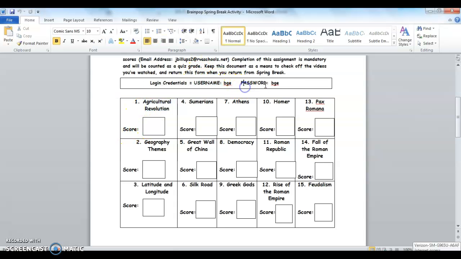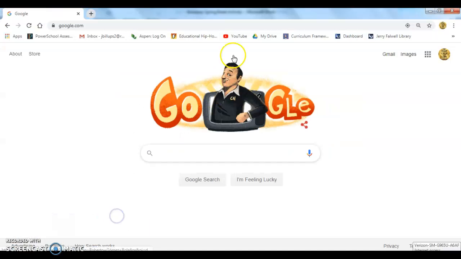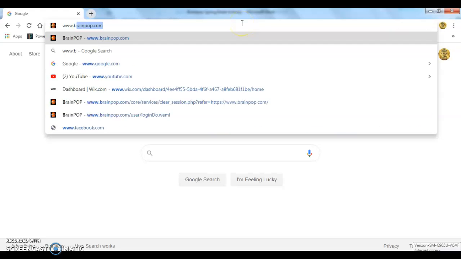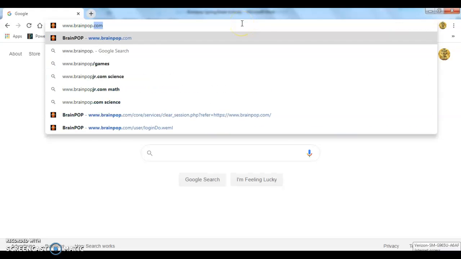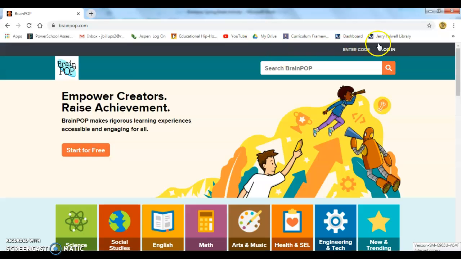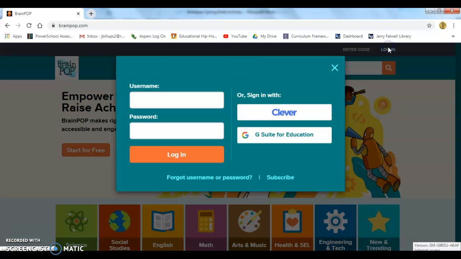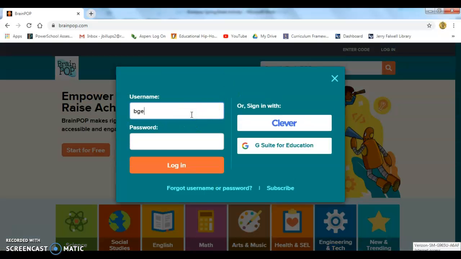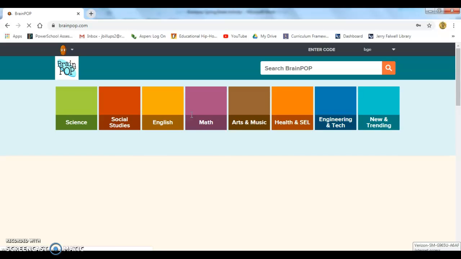First, let's take a look at the login credentials. First, let's go open up a Chrome website, and let's go to www.brainpop.com. You are then to get into the login credentials on the top right-hand side. Username BGE, password BGE. You are now